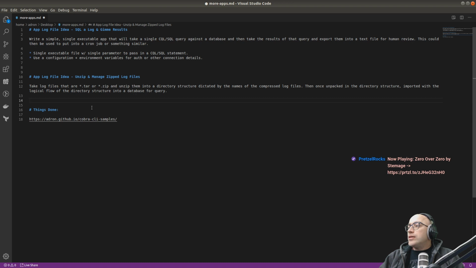But the second bit was take log files that are shipped via tar or zip, also very specifically tar or zip. I've been getting a bunch of files in some of the things that I've been working on where the log file is zipped up, and then there's like one log file or 5 or whatever it is. There's a bunch of stuff in the zip, and I want that zip file unzipped and put into